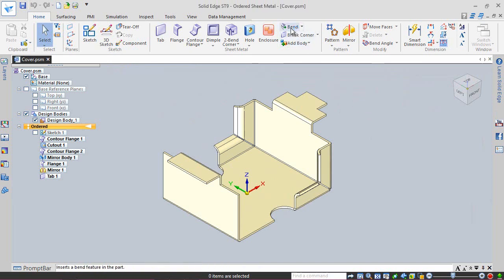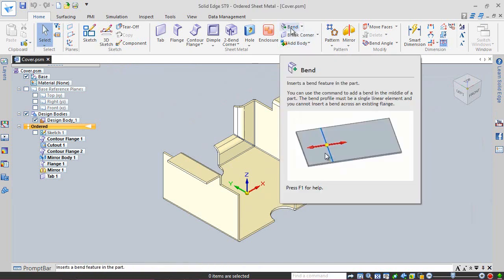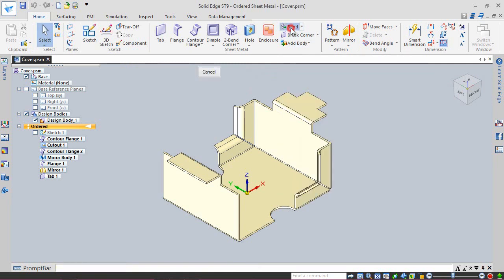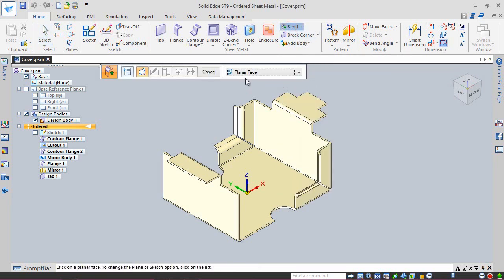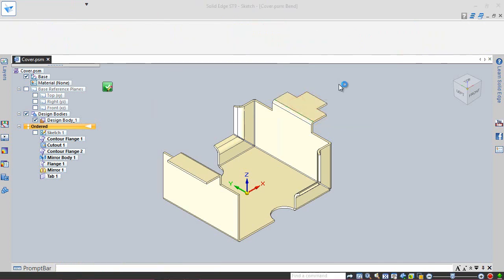Activate bend tool. Our very first step is to create a line for the bend. So select this face to create a sketch.